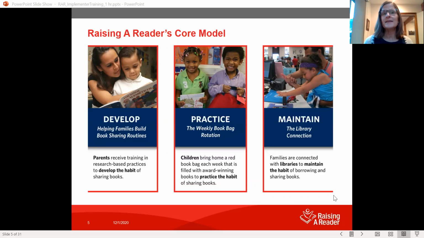Then we encourage folks to practice that by that weekly rotation that you're going to hear more about. And then we'll finish up the training with how we keep those